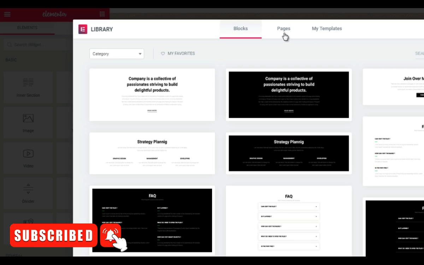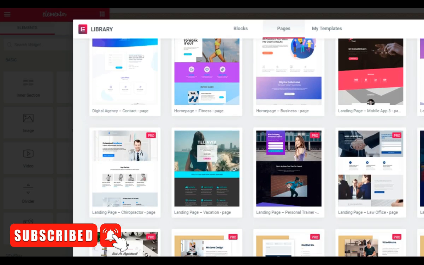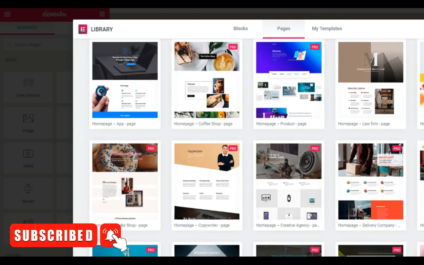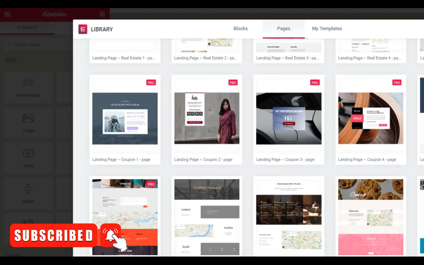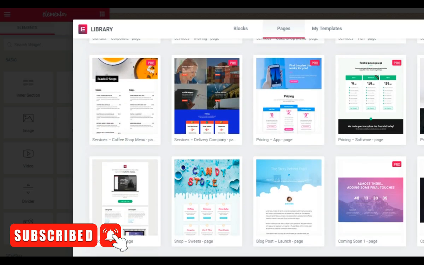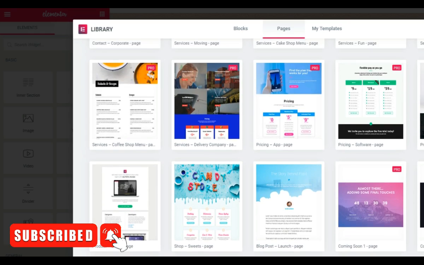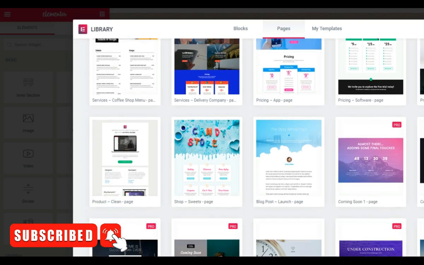And then of course you have pages, which are the templates. So if you scroll down here, there's all sorts of really cool looking templates and designs that really can take your site to a whole new level to make it look professional. So let's say, for example, that we're selling something and that we like this one here, or yeah, let's do this one. Okay, never mind, that's Pro. So let's scroll down and find something that we really like.